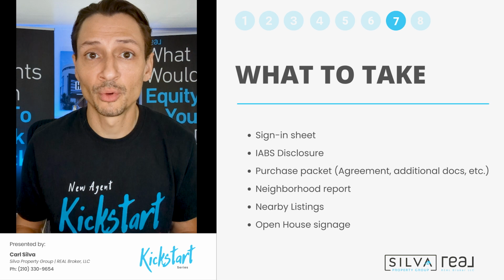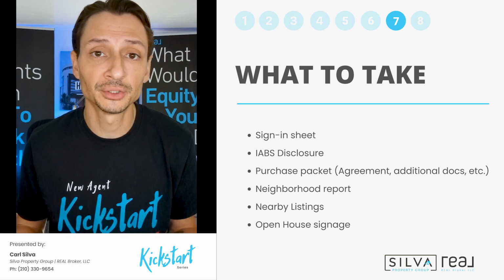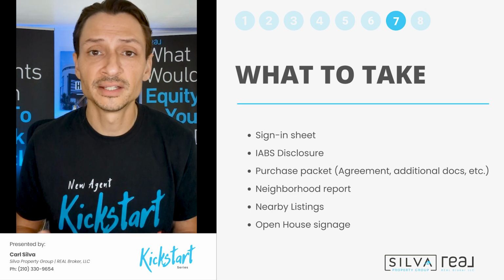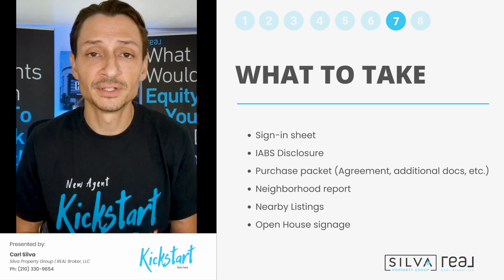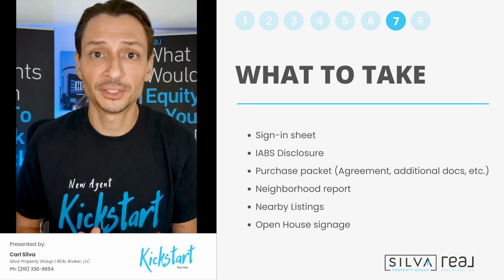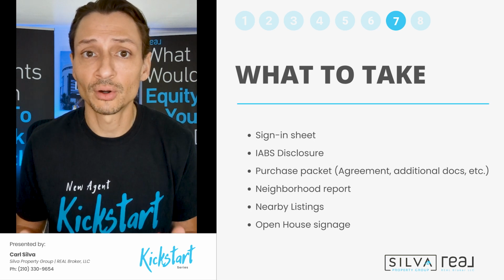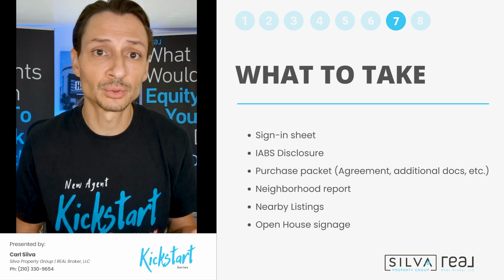Have a neighborhood report with you to showcase the amenities in the neighborhood or the recreational facilities in the neighborhood, restaurants, cafes, things like that. A good resource to use is list reports. You do have to link up with a lender or another professional to be able to use the service for free, but lenders typically are okay with partnering up with agents to be marketed through list reports.